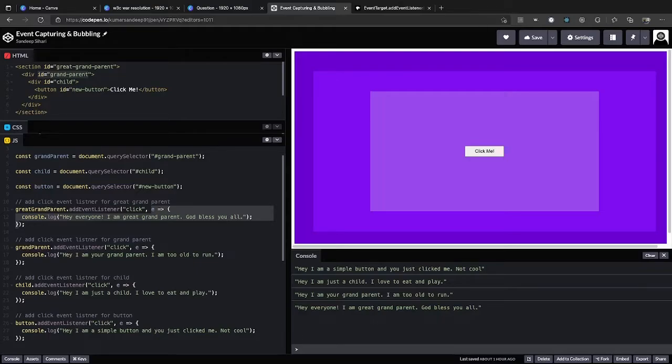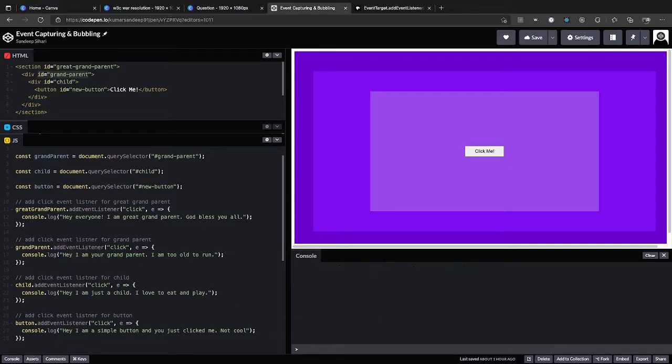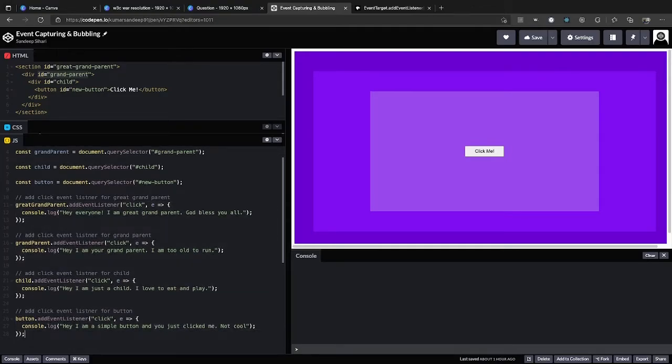As you can see, I passed only two options, so by default this is a bubbling event. What if I want to print in the reverse order? First the message on the topmost section, then its child, then its child, and at last the target element, which is the button we just clicked. We need to register all four event listeners in the capturing phase. For that we can pass a third argument, the useCapture, and make it true.